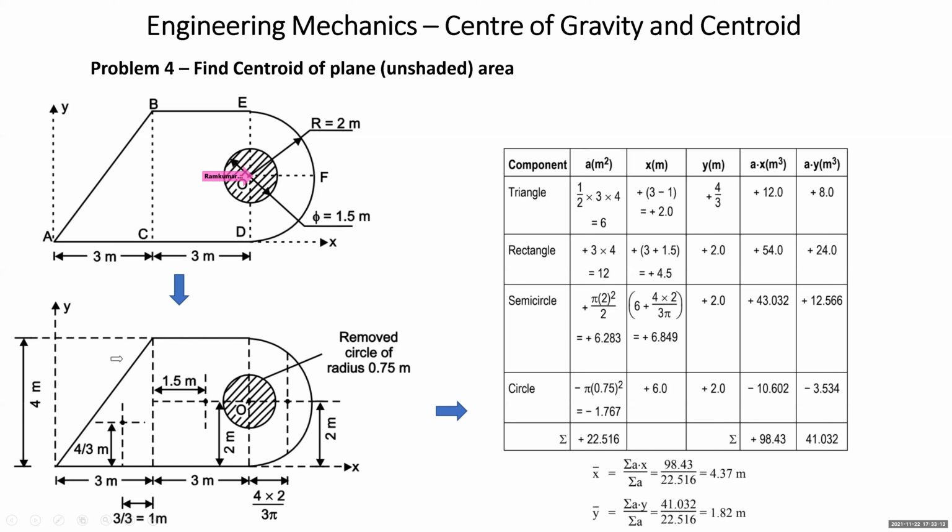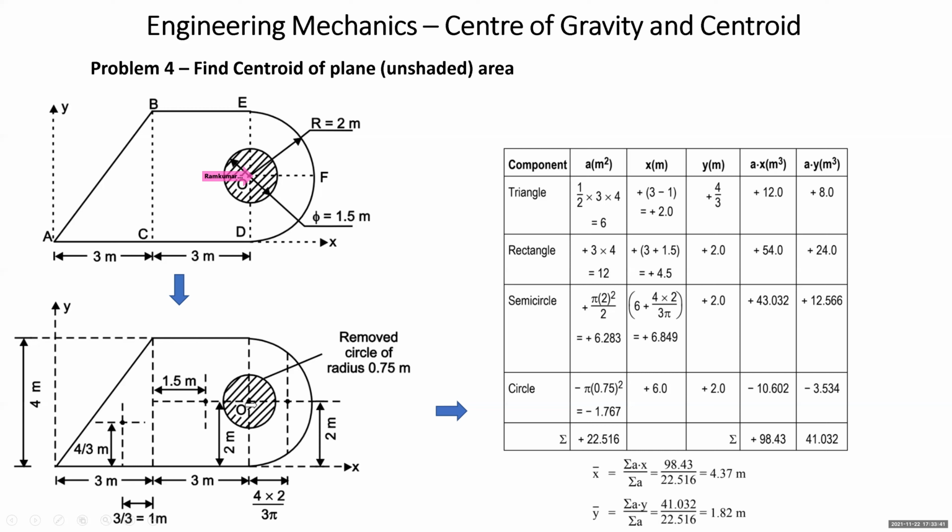Now here you have to identify the centroid of each component. How do you identify the centroid of this triangle? It is a right angle triangle, a standard figure. With respect to this base 3, height is 4. So the centroid will be parallel to it at a distance of 4 by 3 meter. This can be taken as base, height is 3, so it is 3 by 3, 1 meter. In case of this rectangle of base width 3 and height 4, it is 3 by 2, 1.5. This is 4 by 2, 2 meter.